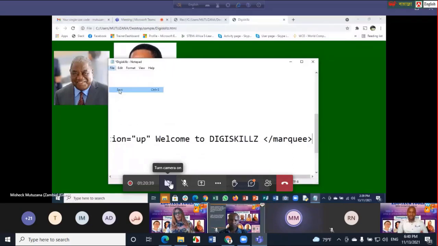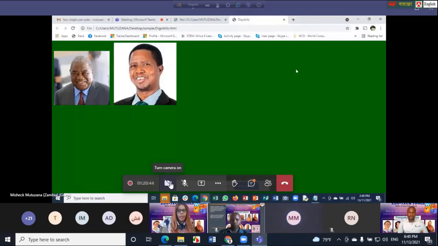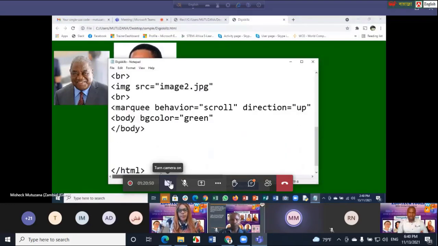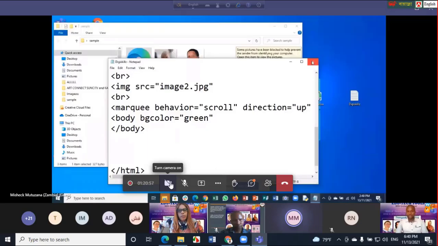Then you save your Notepad. So after everything has been done, you save, file, save.